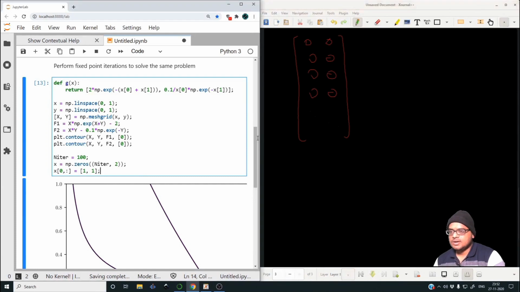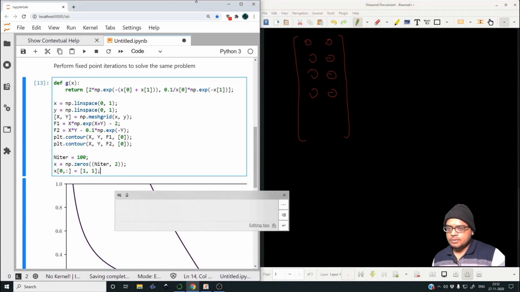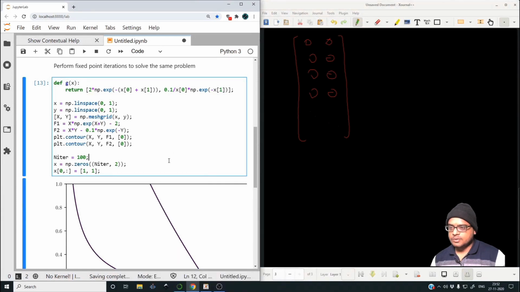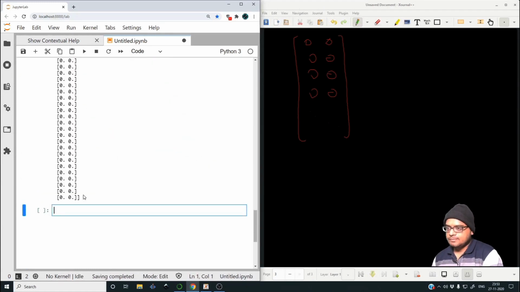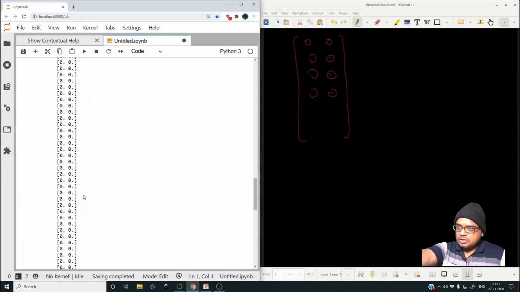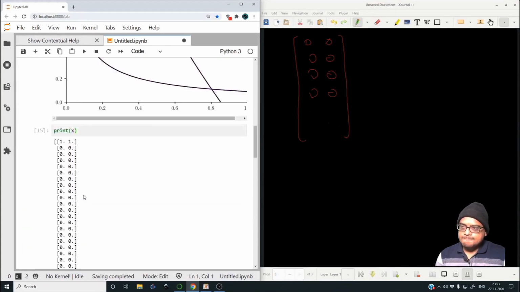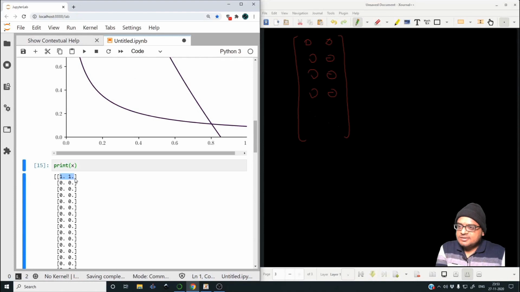In fact, let me execute this and show you what x is. Let me go to the next cell and print out x. So all the rows are 0, but we've assigned the guess value to the first row, and we'll try to